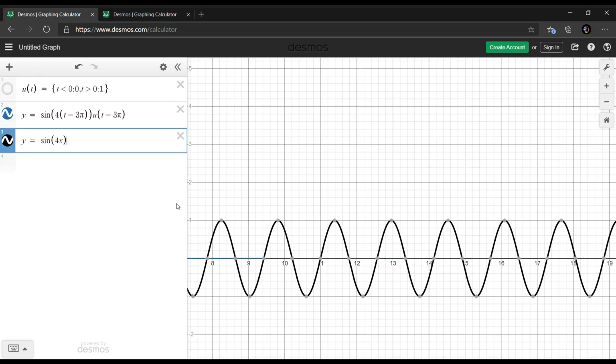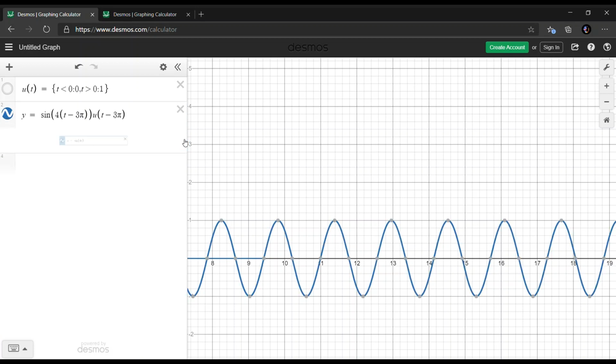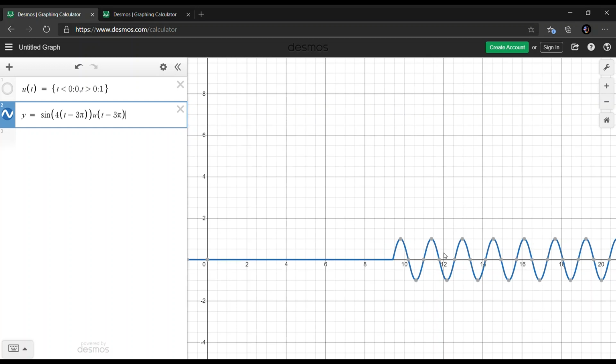So as you can see, it perfectly superimposes on the present equation. After the simple harmonic motion starts, we essentially have a sine 4x or sine 4t wave till infinity, because it's an undamped SHM. The y dash component is missing, so it's an undamped SHM.